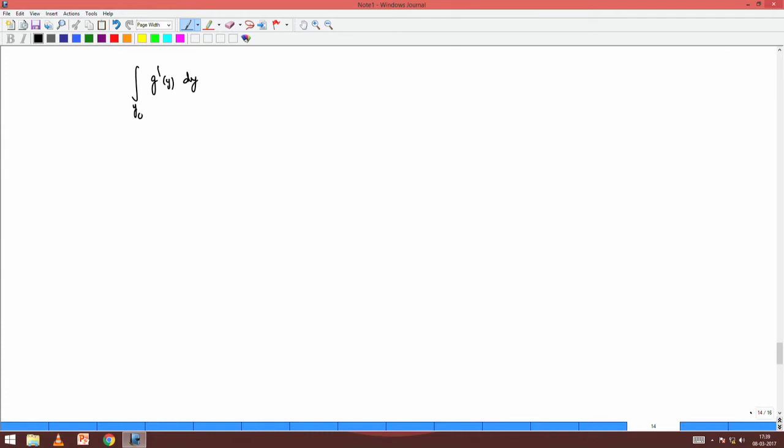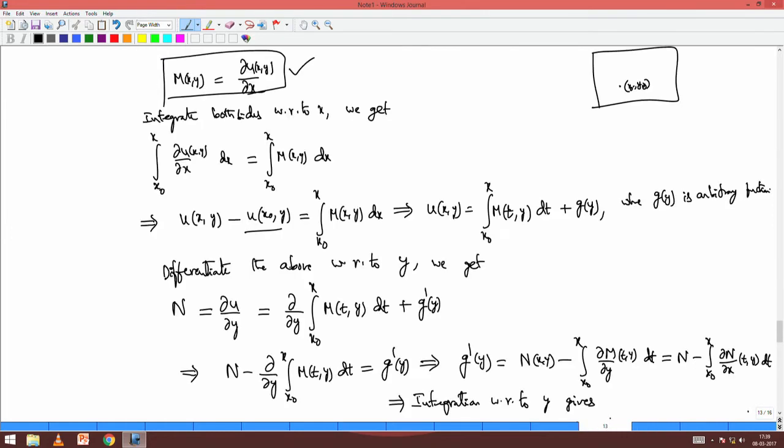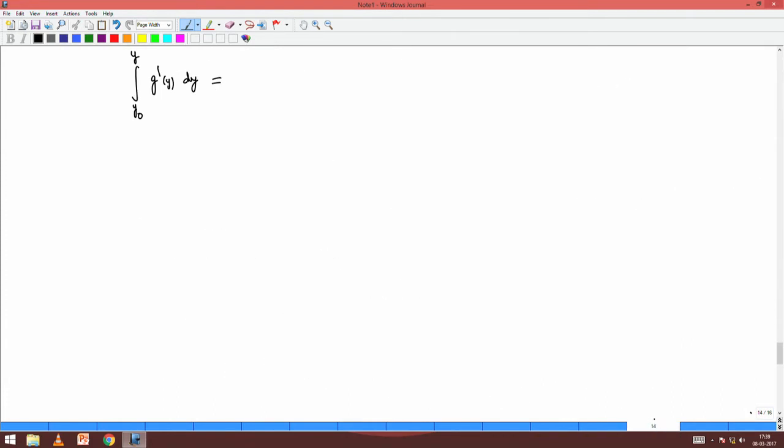Now, I do it from y naught to y, where x naught, y naught is fixed, and this equals N, which is a function of x, y. So, I do the integral from y naught to y of N(x, y) dy minus,